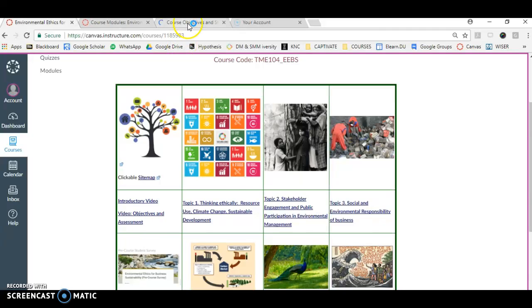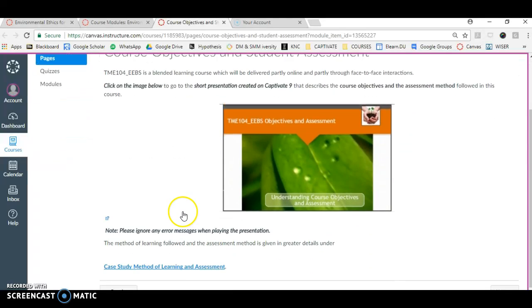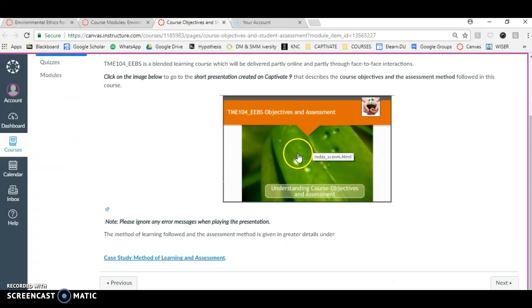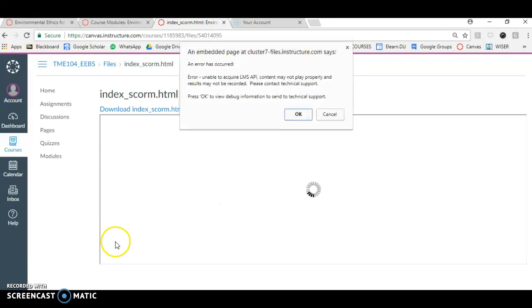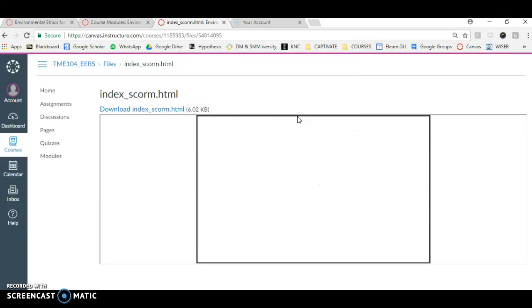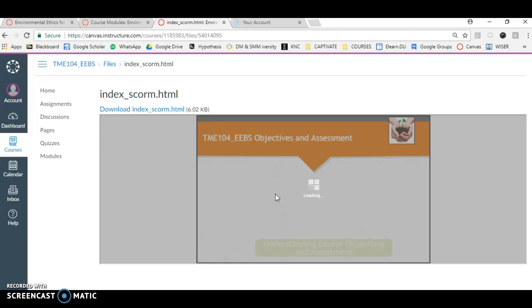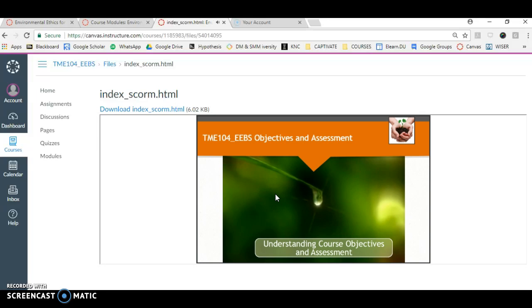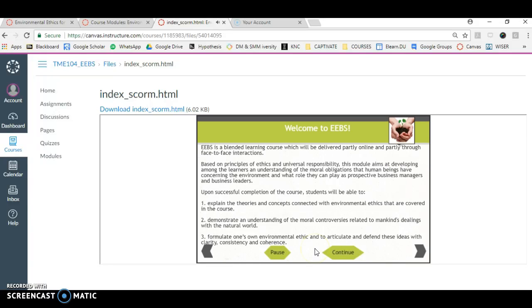Now here again, this is a presentation which has been embedded here, and sometimes you have to click on it, and sometimes it may take a little while to open. Again, you have to just say OK to the message which comes. And here is the presentation. It is loading. EEBS is a blended learning course which will be delivered partly online and partly through